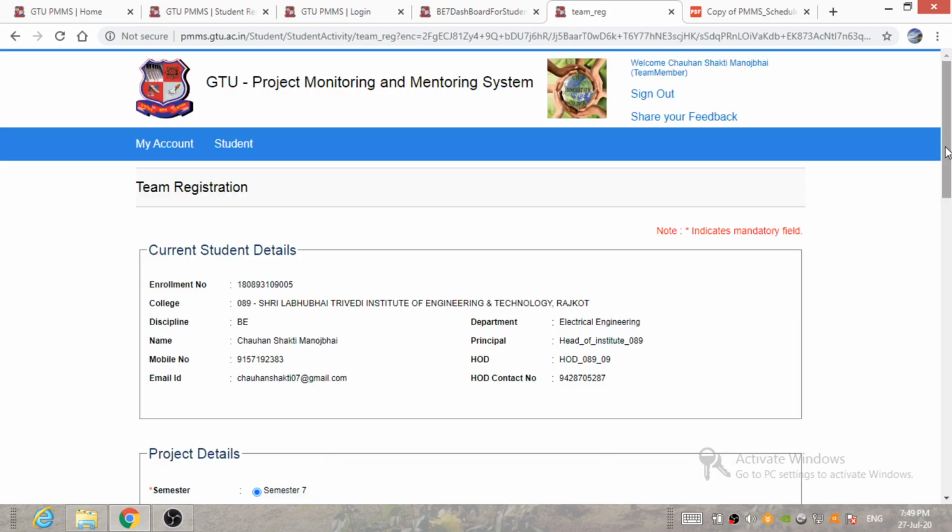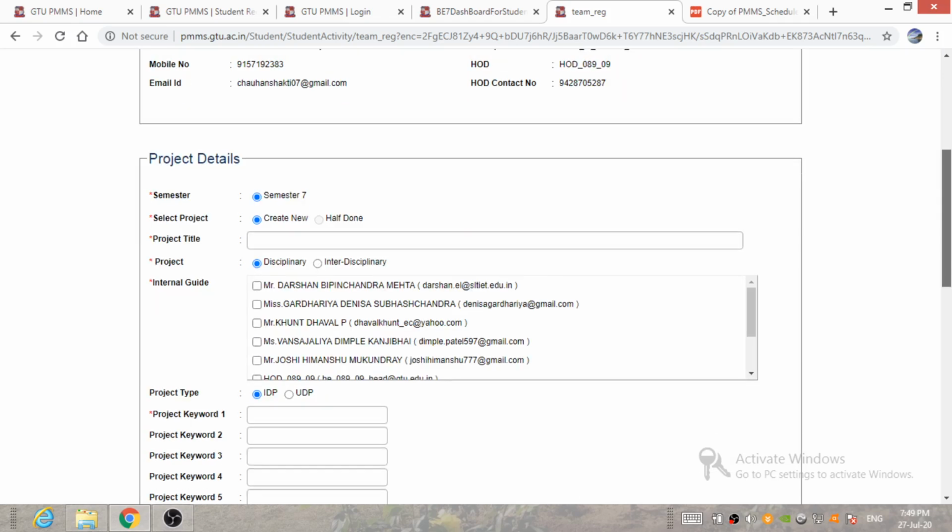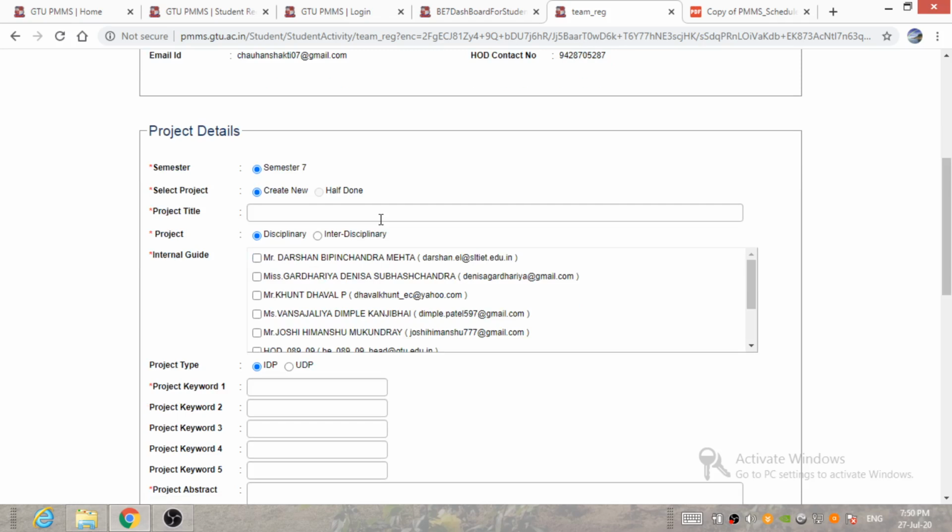Here you will find your details. After that, you have to enter your project title. Then you have to select the disciplinary or interdisciplinary category. If your project is in your own department, then you have to select disciplinary.